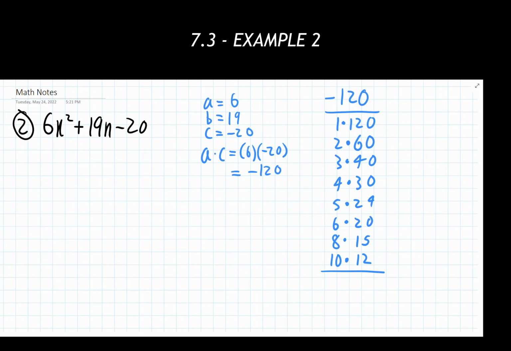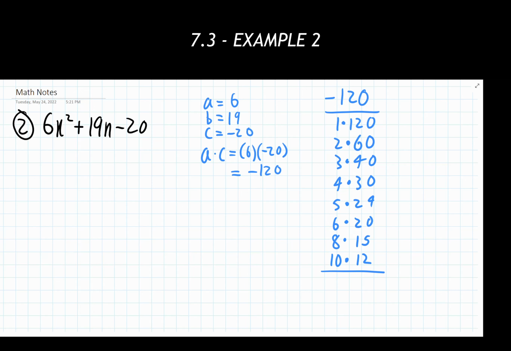We have a little bit of an issue that's showing up here. I'm not looking for numbers that multiply to give me 120. I'm looking for numbers that multiply to give me negative 120. So that tells me that the signs of these two numbers, whichever ones in these columns, have to be different. One of them has to be a positive number. One of them has to be a negative number. Well, which one is which? That's generally the question that shows up with this. And we look at this and might go, well, I don't know, but one has to be positive, one has to be negative.